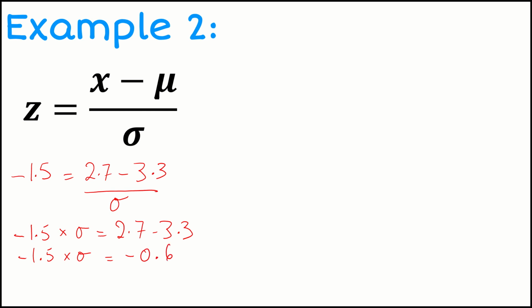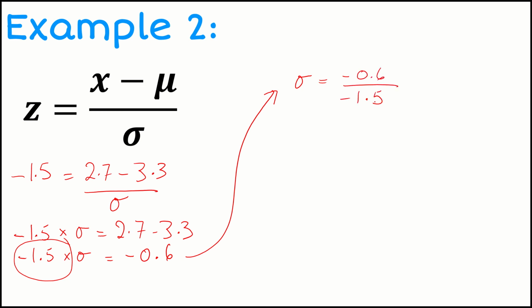Okay, now I want the standard deviation by itself, so I want to get rid of this times negative 1.5. The opposite of multiplying is dividing. So the standard deviation is equal to negative 0.6 divided by negative 1.5. I'll put that into my calculator, and that's going to give me a value of 0.4. So there is my standard deviation,